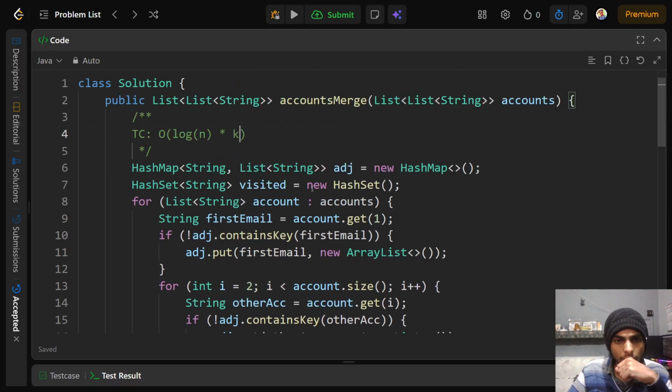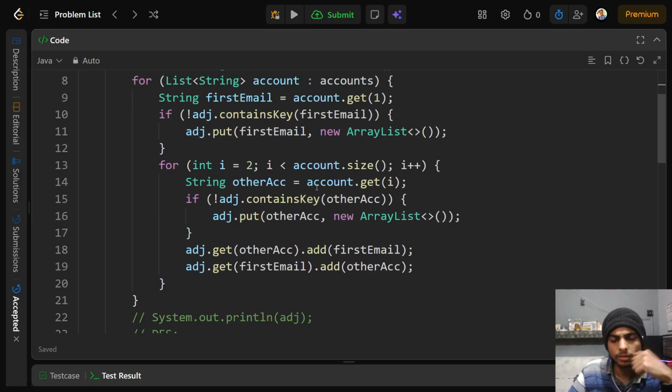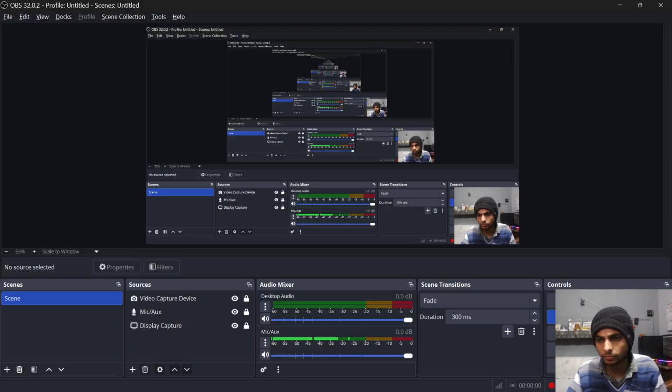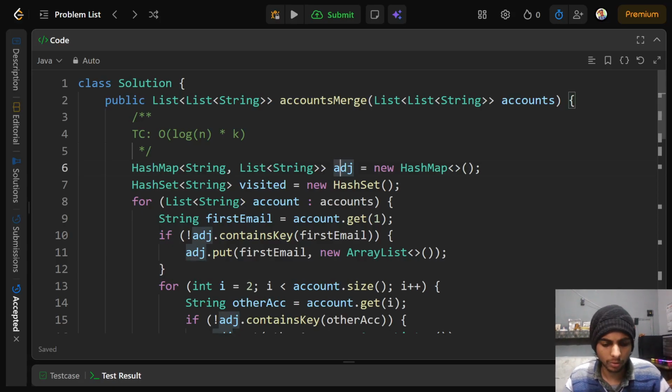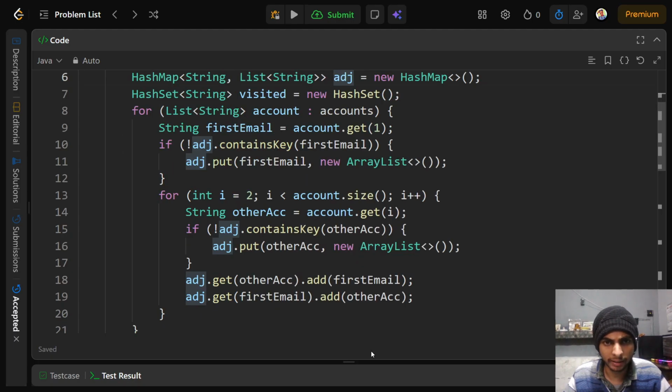Okay, and log n, and we are also building this